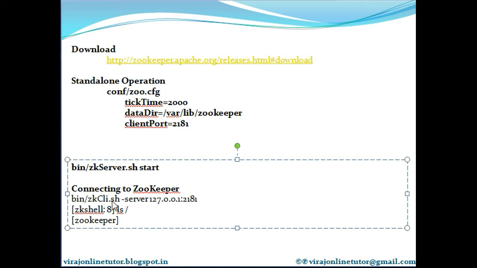So using zkcli.sh, you can connect to the Zookeeper that we just started here, and we have to pass the server where Zookeeper is started, that is this, and we have a client port 2181, so I have specified it here while connecting. Once you connected to Zookeeper using zkcli.sh, this prompt shows that it is connected. Then if you do ls command for a root, it will tell you what exactly is saved in a root namespace.